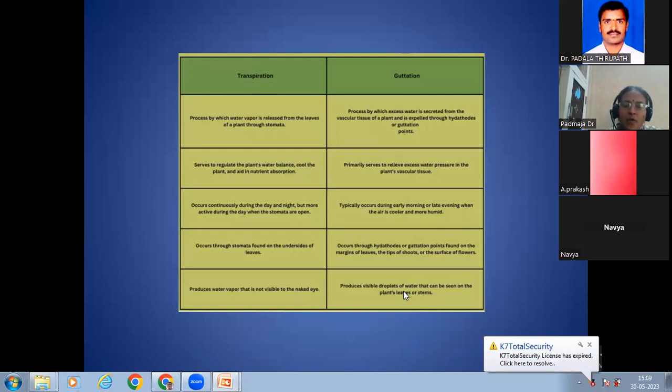Transpiration occurs through the stomata found on the underside of the leaves or above the leaves. Guttation occurs through hydathodes at the margins of leaves. These are present at the margins of leaves, at the tip of shoots or the surface of the flowers. We will see these droplets. And if you see this